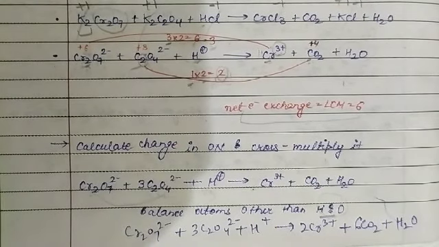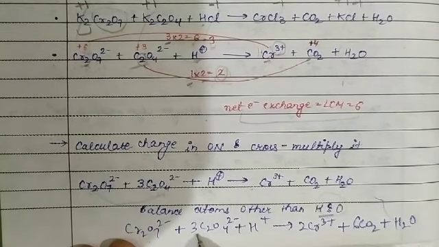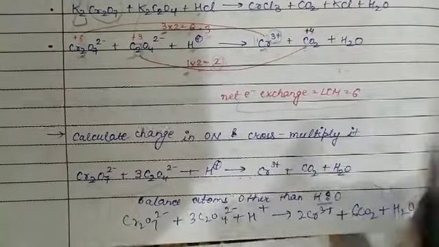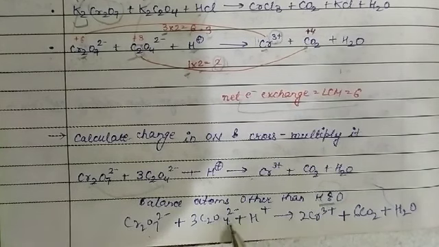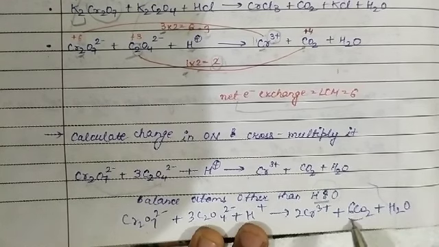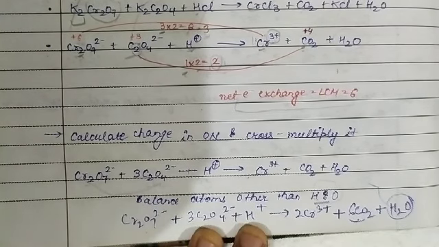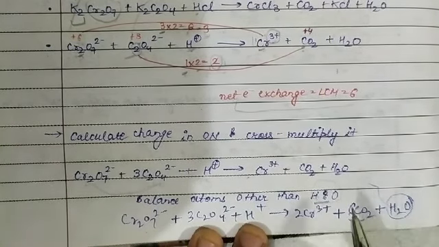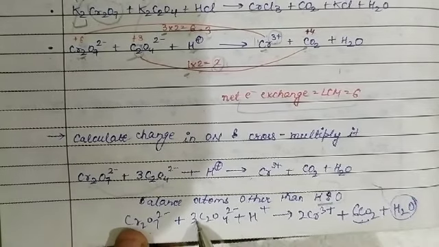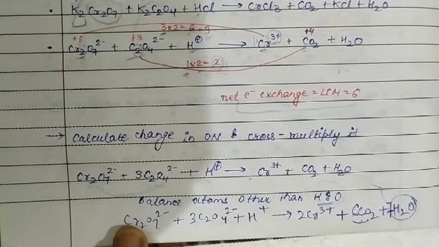Now we will balance the oxygen atoms. See how many oxygen atoms are there? 7 and 3 4s are 12, so 12 and 7, 19 oxygen atoms. While on the right hand side, how many are there? 6 2s are 12 only, because water molecules will be balanced by themselves. While on the left hand side, 3 4s are 12 and 7, 19. Now how many water molecules do we have to add? 7 water molecules. So 7 water molecules are added.